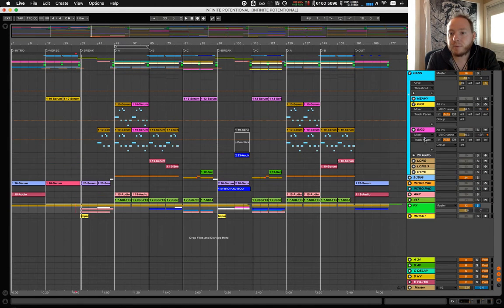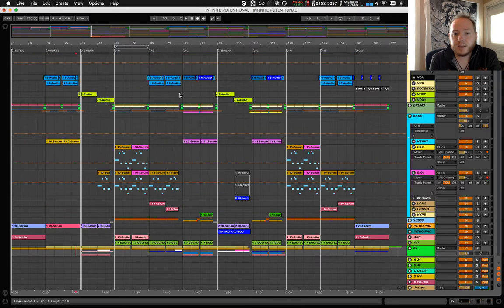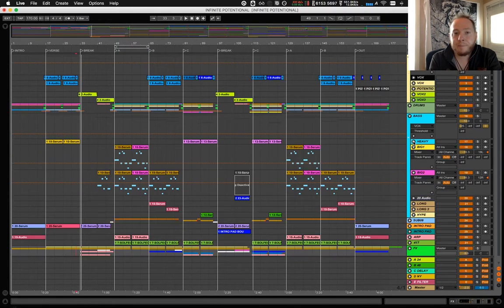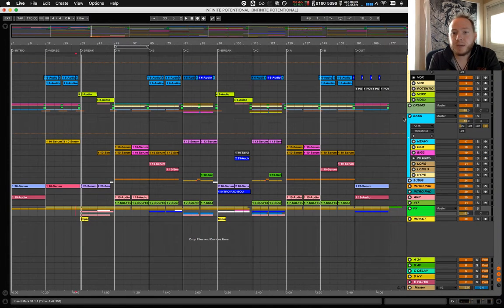For example, I'm using these super saws stacked on top of each other for the main part. And then for the second part, I drop out one of the super saws, and I'm bringing in different vocals at this part. And then part C transitions it up by adding in these new basses, and that basically keeps everything moving along.